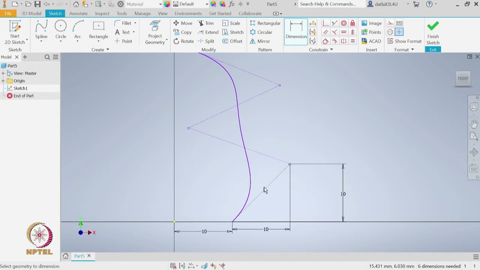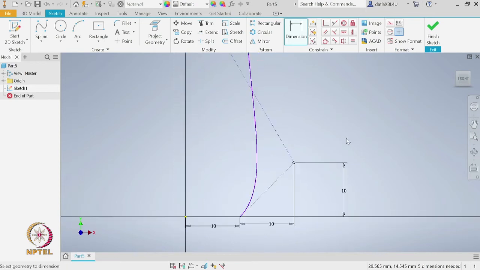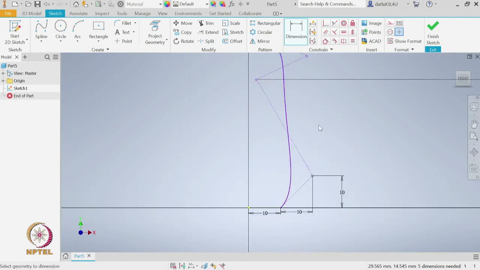Now, let us go to line L2. For that I will dimension this point with the origin and say the total height is 40. Okay. And the other thing we need to mention is that the x coordinate makes a length of 20. So, it is essentially a vertical line.